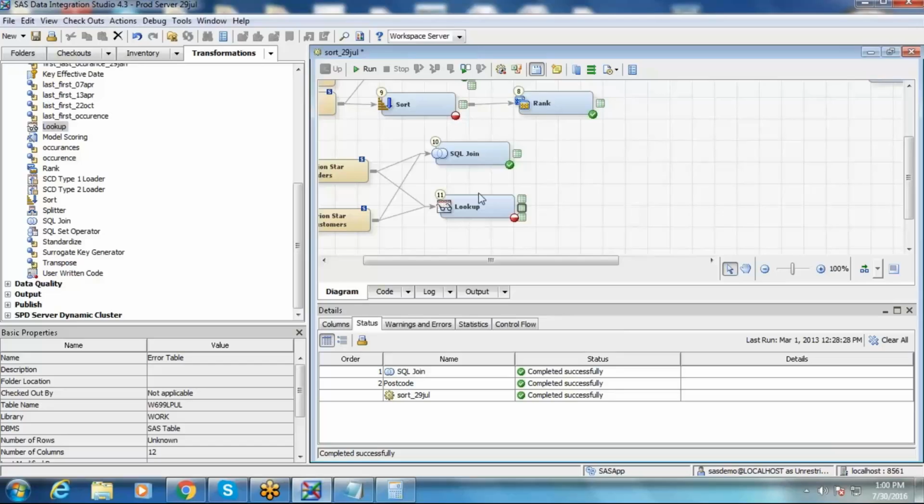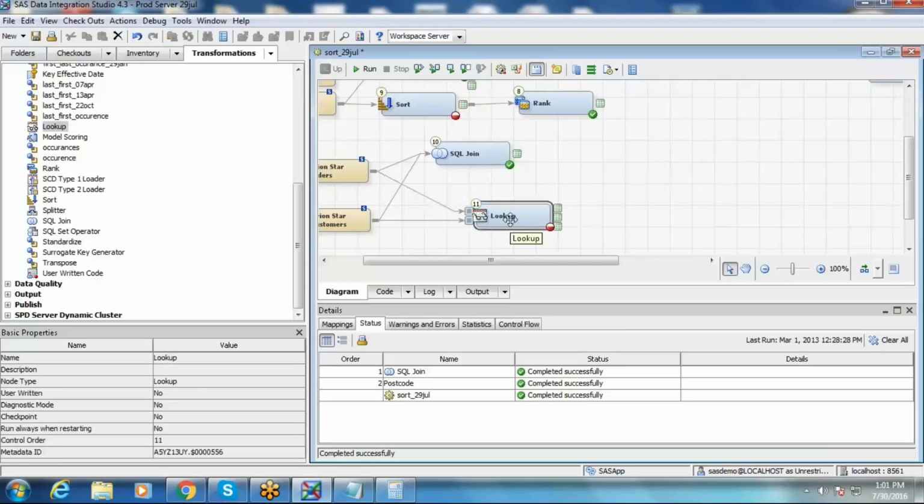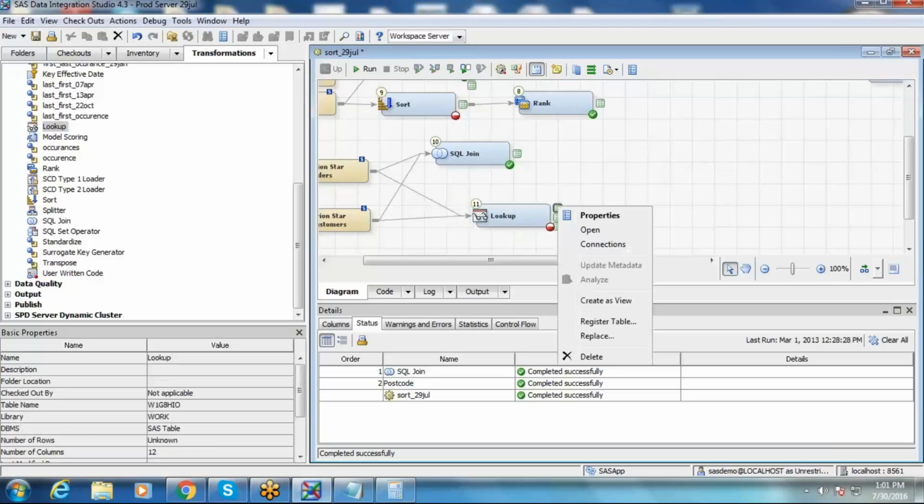Now let us see what conditions should be applied for making a particular record routed to the error table or exception table. Okay, and also we need to mention the join conditions and all this stuff, right? So let us move on to the properties of the work table, target table first. Go to the properties of the target table.